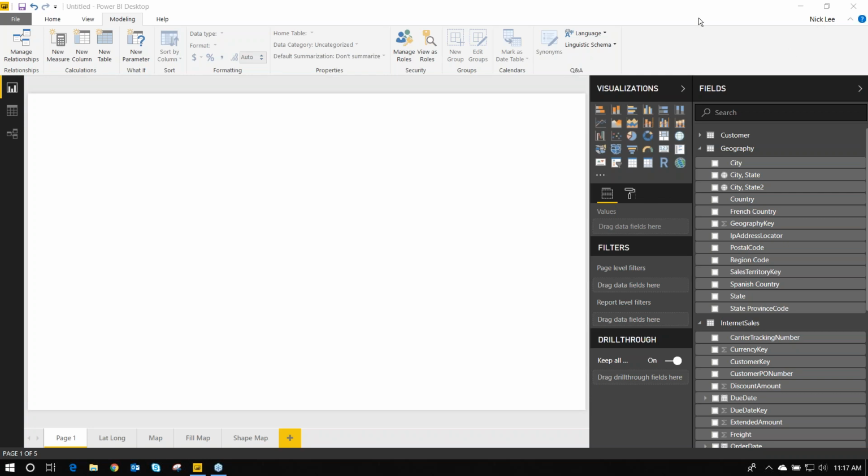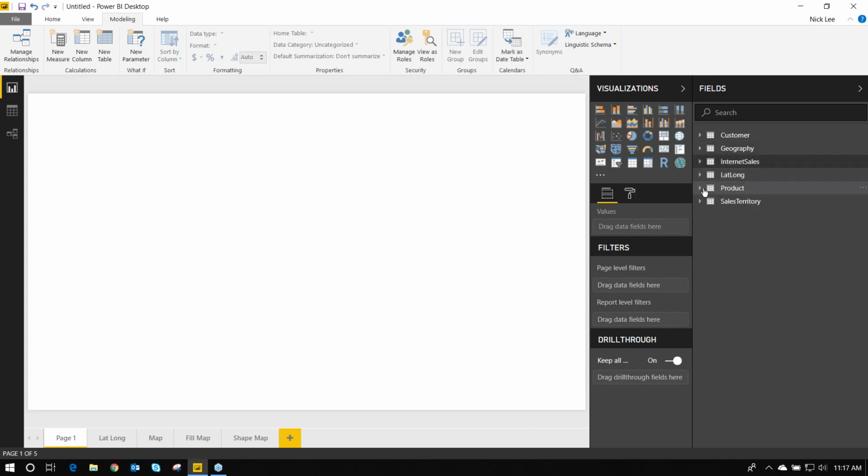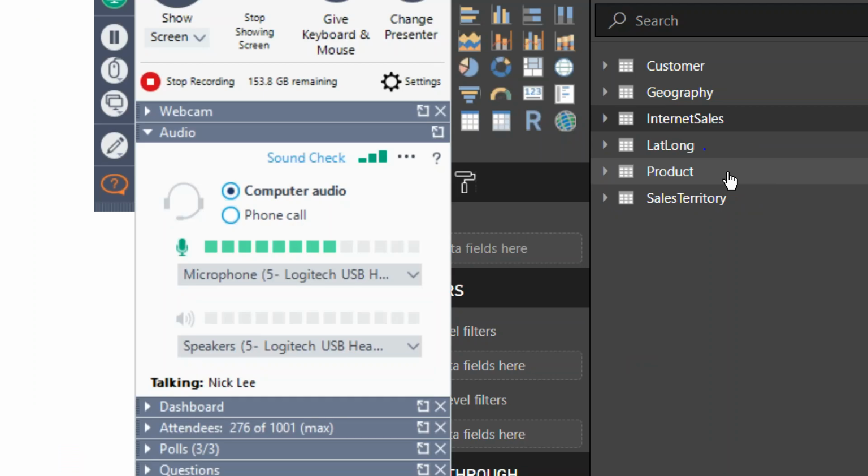That's all right. All right, anyways, I do have Power BI Desktop currently open. I already have some of these maps we're going to be looking at created. We are going to be making everything from scratch, but I have these here just as examples. On the right side of the screen, you can see that I have just the AdventureWorks data open here. I've renamed it because that's best practice, right? When we open new tables and new queries, we're going to rename everything properly. One that you might not recognize is this lat long query that I currently have here. This is to show an example of using latitude and longitude within the mapping tools here,